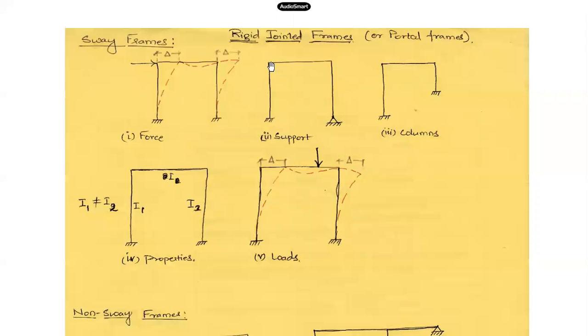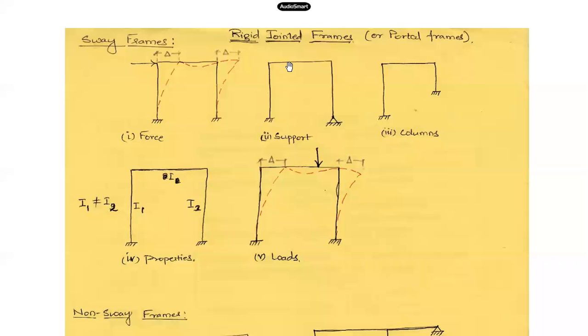Okay, these frames which I have shown here are all rigid jointed frames. If I take one of the joints in the frame, relative rotation of this vertical member and horizontal member is not possible. Say this column or vertical member rotates by some radians, then it will also take this horizontal member along with it. Rotation of one member will also cause the rotation of other members connected at this joint, because this joint is rigid. That is how a rigid jointed frame behaves.